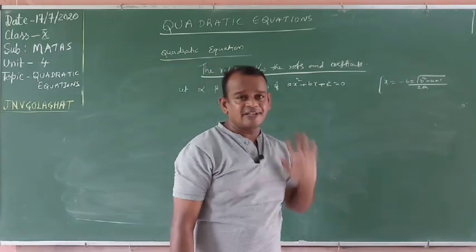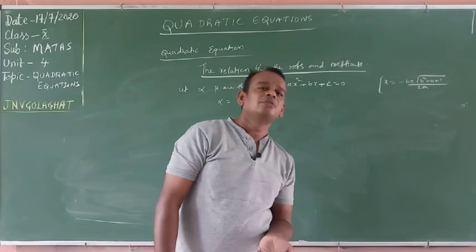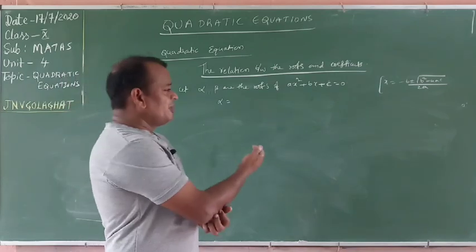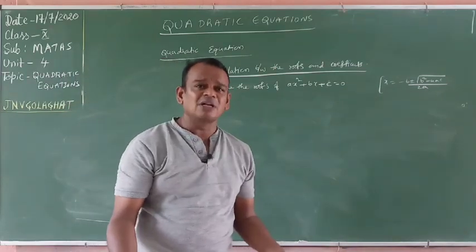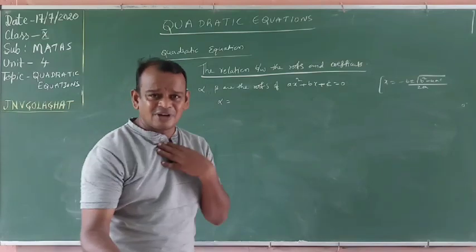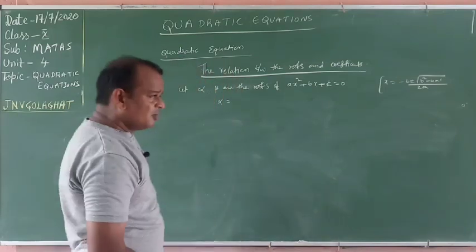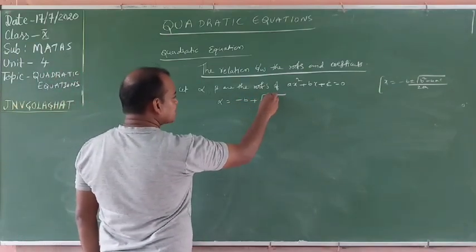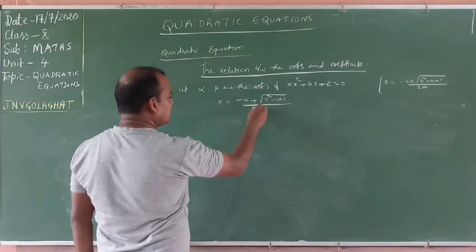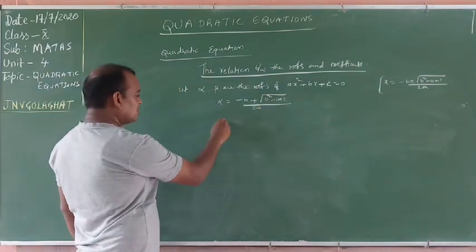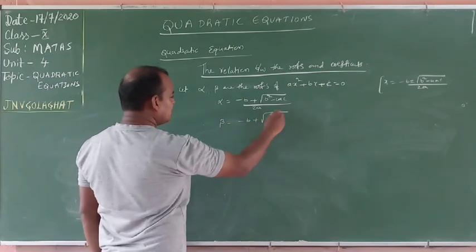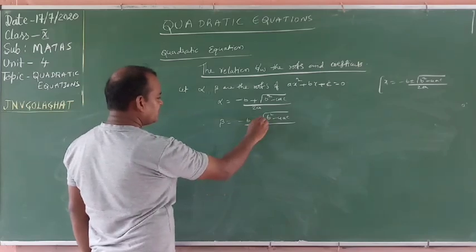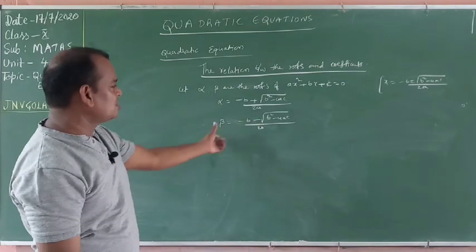Now plus is there, minus is there. One value alpha, the other value you can take beta. Not just alpha, beta; you can take x1, x2, or whatever may be, alpha, beta, gamma, delta are the roots of the equation, two values. Consider the two values, no problem at all. Alpha is equal to minus b plus root over b square minus 4ac by 2a. Now beta, what is the value of beta? Minus b minus root over b square minus 4ac by 2a. Now these are the roots, these are the coefficients.